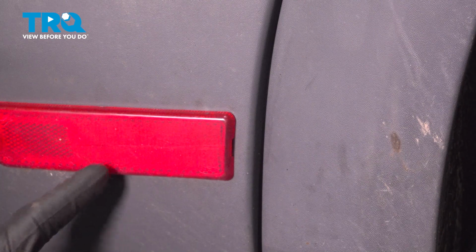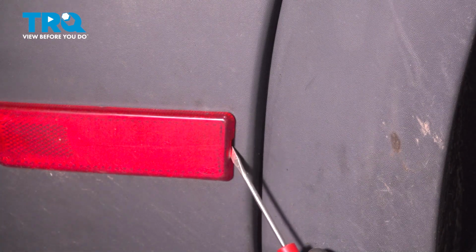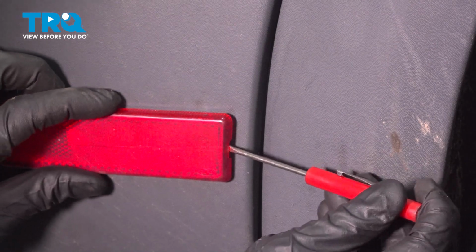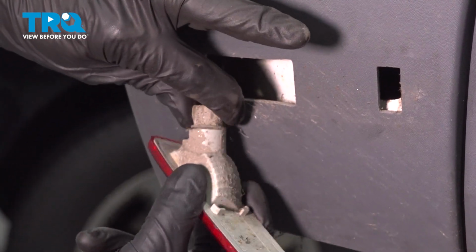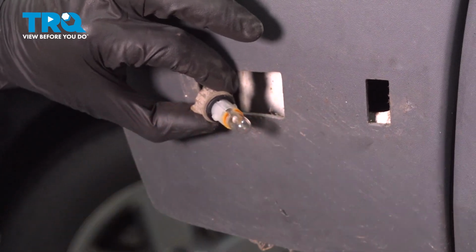To access our bulb, use a small pocket screwdriver. Looking along the front area of the marker assembly, you're going to find a small slot. Carefully press this in. You're going to find a tab inside there, and once you press on it, you should be able to pry this away from the bumper cover. Now we can pull this down, twist this counterclockwise, remove the assembly,